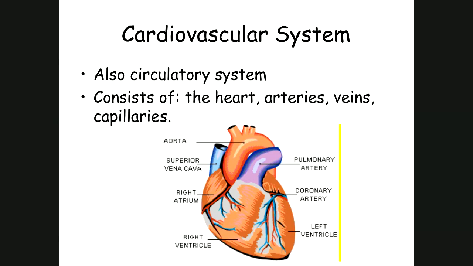There are so many structures involved in this study. That is, the cardiovascular system consists of heart, arteries, veins, and capillaries. All these structures are involved in the cardiovascular system. So what do you mean by capillaries? Arteries and veins are the bigger structures, whereas capillaries are the small blood